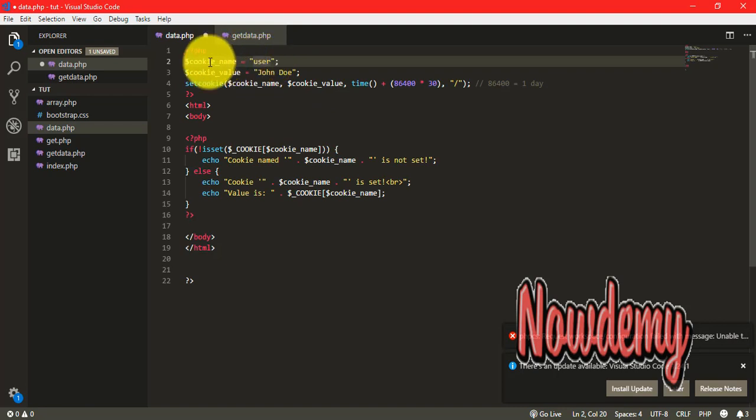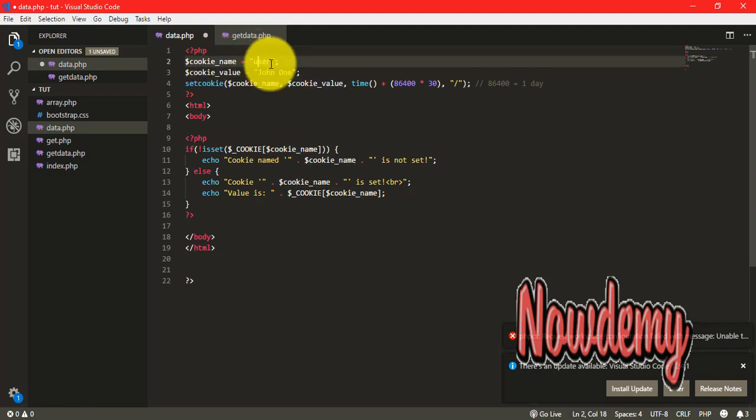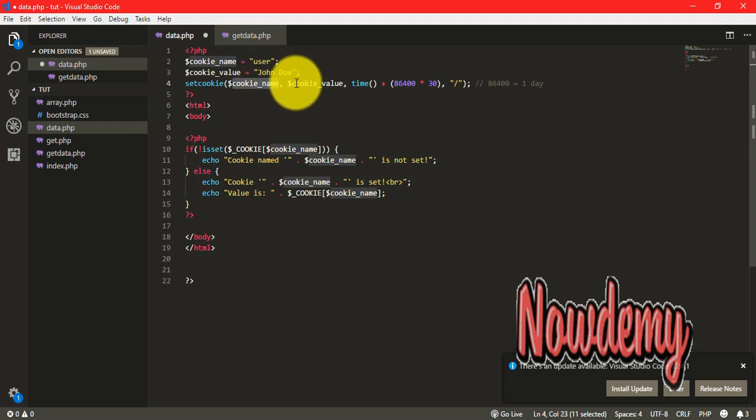After variables over here, cookie name and cookie value. Cookie name is user and the value is John Doe. I've set the cookie variable here. I've just initialized the cookie variables, the parameters variables, above, outside the set cookie function, globally. And then I called these variables in the cookie function over here and over here, and have set the